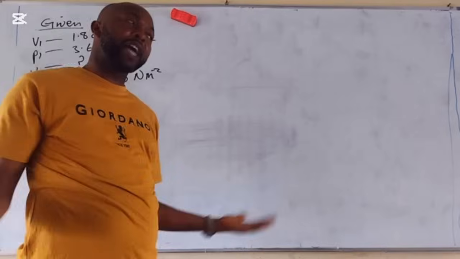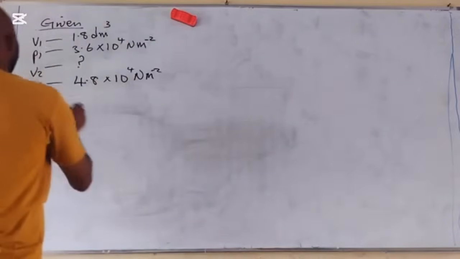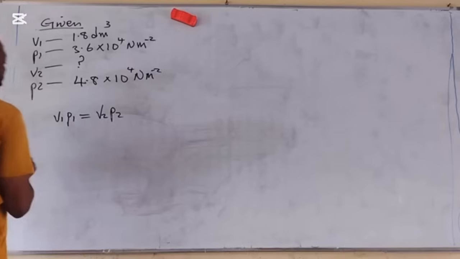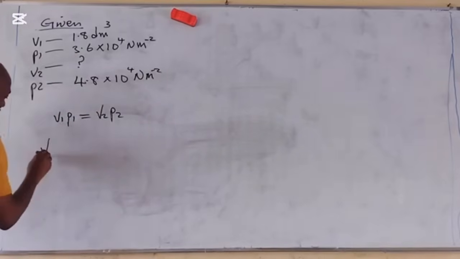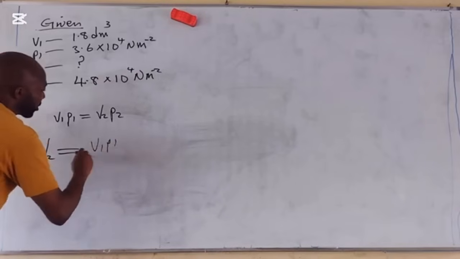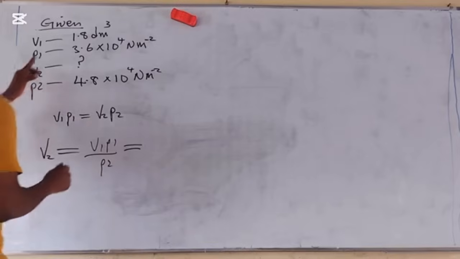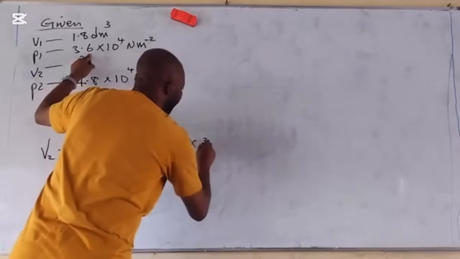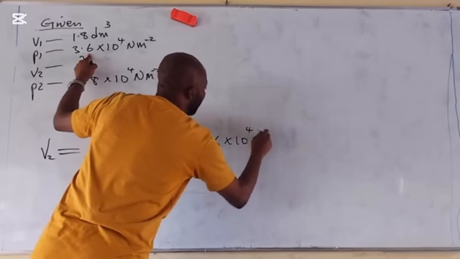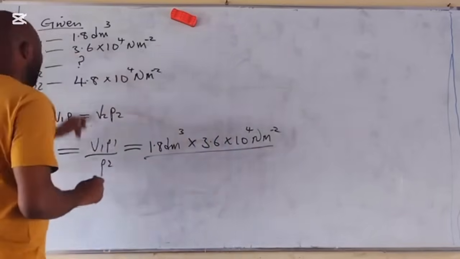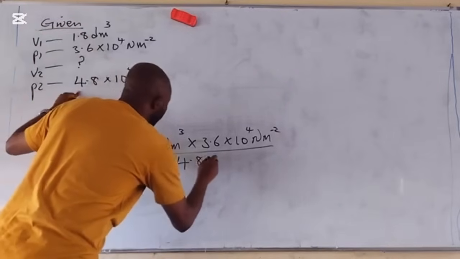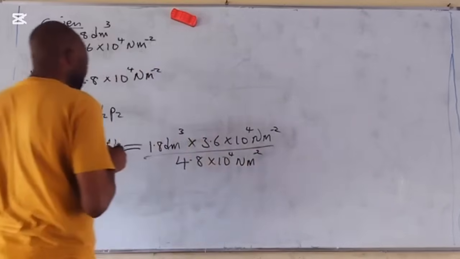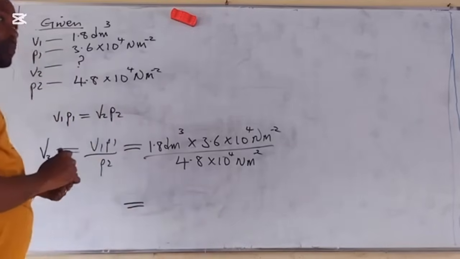We still simply just apply the law, the formula. What does it say? We say our V1 P1 is equals to V2 P2. So if we are looking for V2, we'll make it the subject of formula, which is V1 P1 all over P2. And this is equals to our V1 here is 1.8 dm cube times P1 is 3.6 times 10 raised to the power 4 Newton per meter square over P2, which is 4.8 times 10 raised to the power of 4 Newton per meter square. So this is equals to